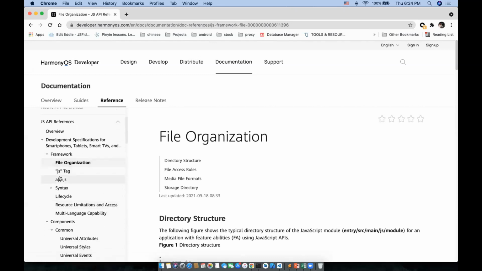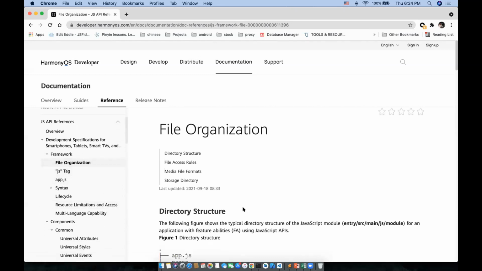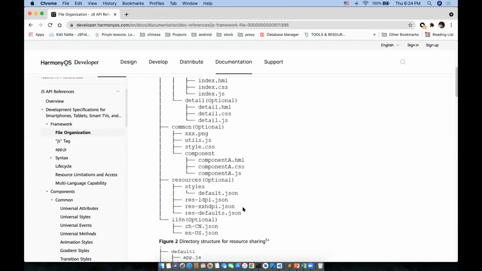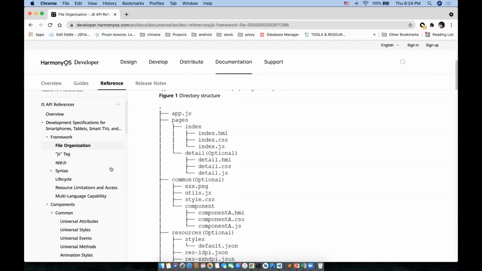If you check the framework level, as I explained, it defines the structure of the application, whatever you want. The syntax is the same as HTML; you'll be using CSS for the styling, and JavaScript for the backend code of your screen.